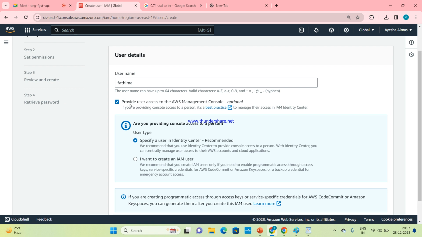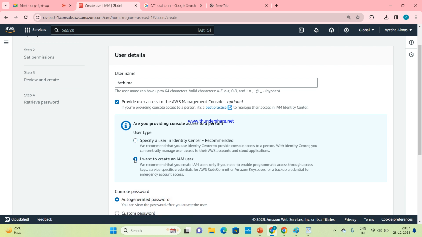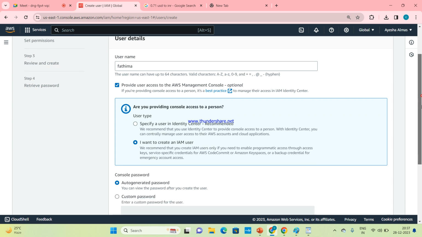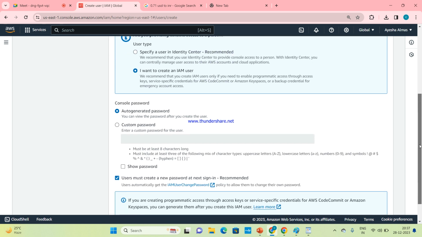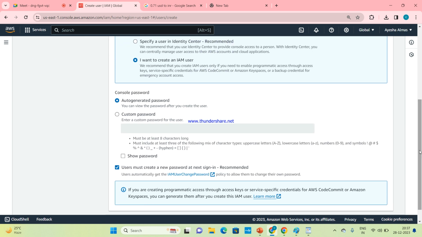So you need to select this. Then the third step here is user type: specify a user in identity center, or I want to create an IAM user. What are we creating now? An IAM user. So you need to select IAM user. Then we have given the username. Now we need